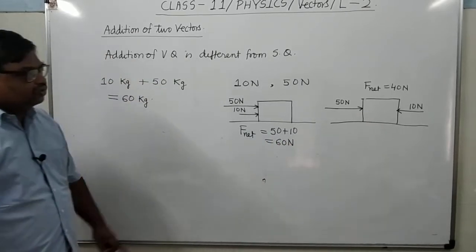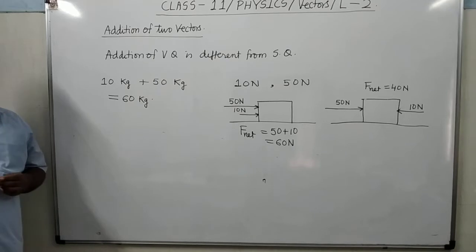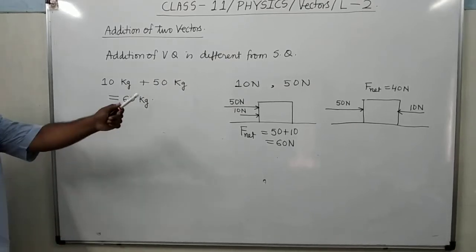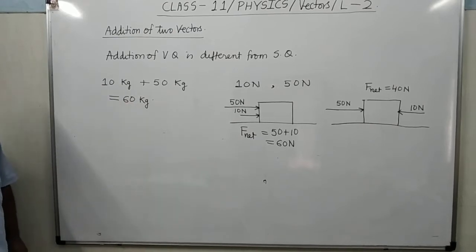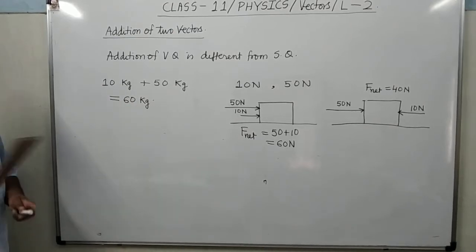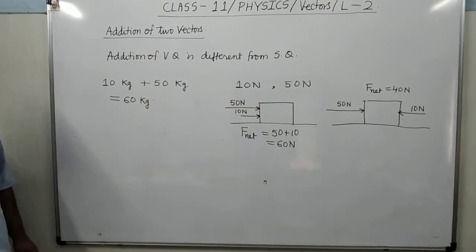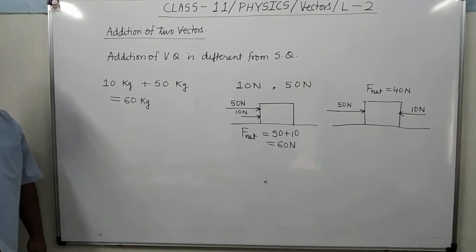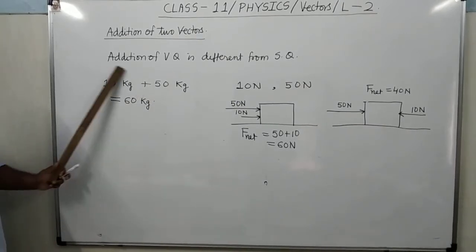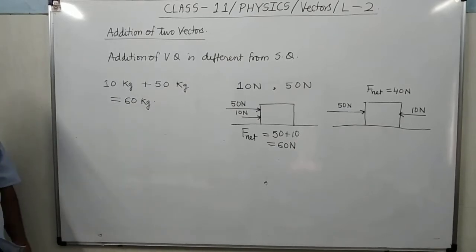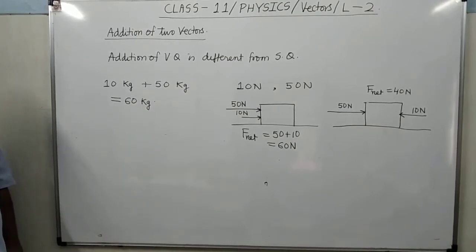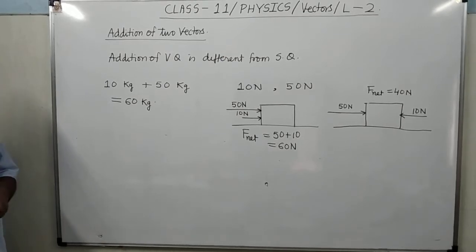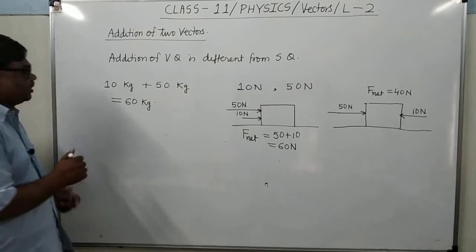Now in that case, what is the angle between the directions of both the forces? The angle between the directions of both the forces is 180 degree, because they are acting oppositely in the second diagram. In the first diagram, the angle between the directions is 0 degree. Means the two vectors cannot be added like scalars. During their addition, we have to consider their direction also. It's clear?